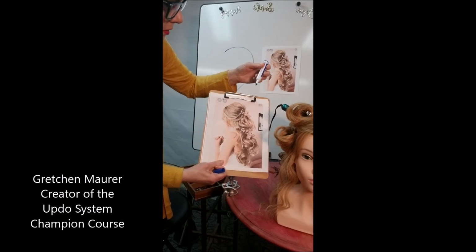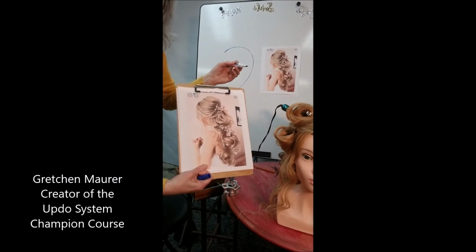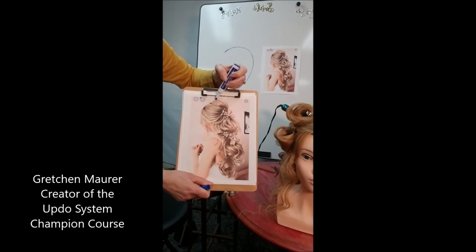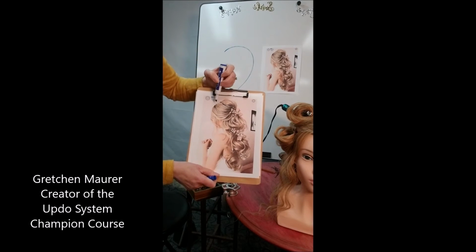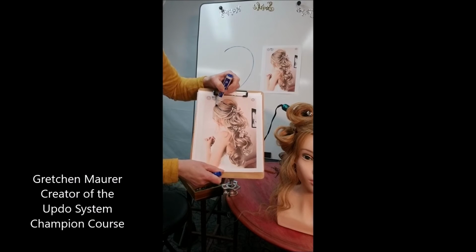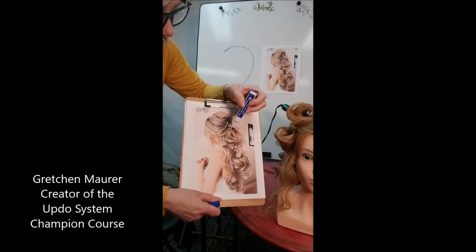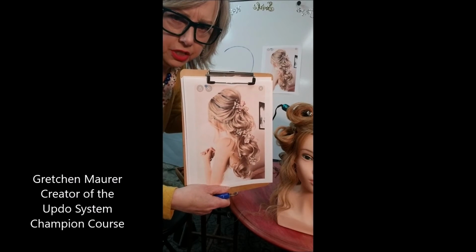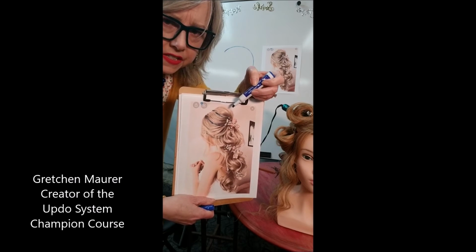When you look at where the poof starts, there's a few areas in here. So the poof starts here, and that is this section. Then right here is another section. And then this dip is another section. So what that does is it teaches you how much hair to gather for this part, because